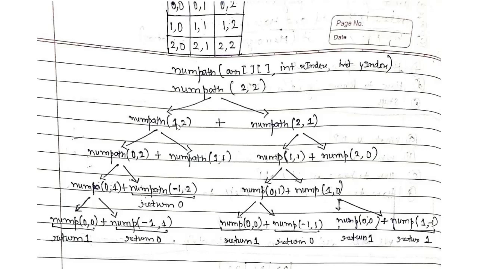Now what would I be branching out in the case of 1 2, numPath 1 2? Again, I would be looking for a cell in the matrix from which if I come down I will reach 1 2, and in the other branch, if I come right then I can reach 1 2. So what would be the cell I would be recursing for? The first cell I would be recursing for is 0 2, because if I come down from 0 2 then I can reach 1 2.